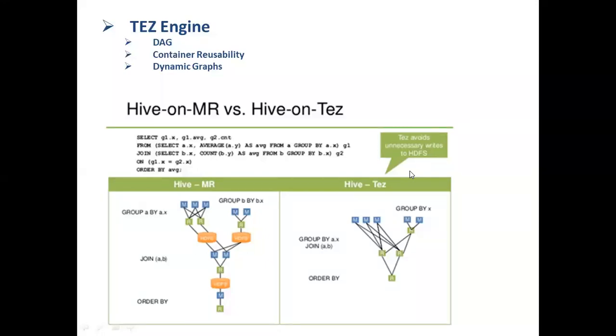But in Tez, in one single job, all the tasks, called vertices, constitute the DAG graph and get executed to complete the job. Intermediate output is not written into HDFS, so it gets stored in memory. More complex queries get more benefit because of this, as it is not writing the data into the HDFS file system but storing it in memory.